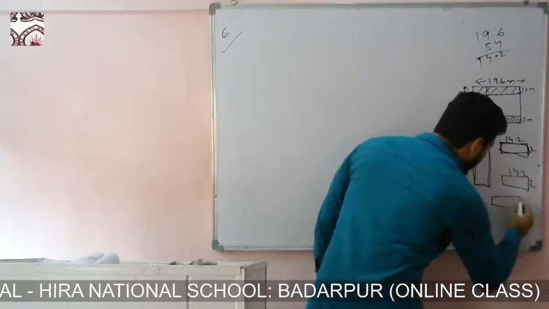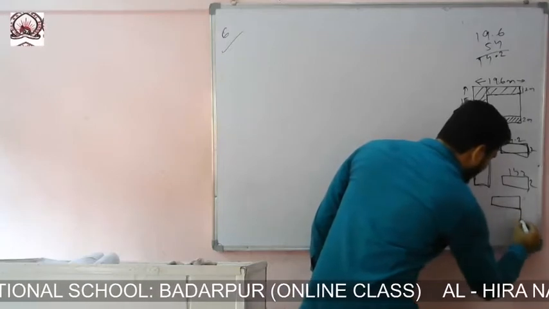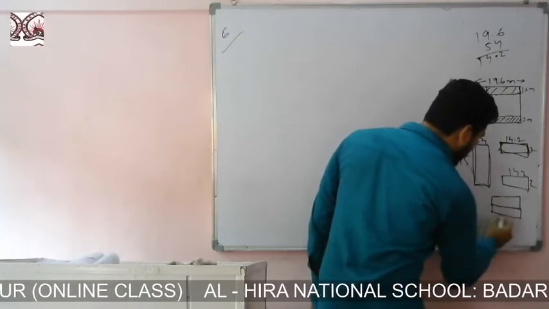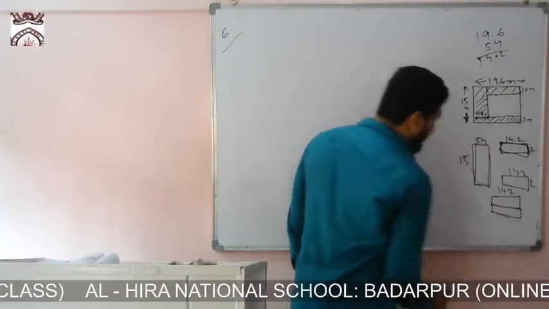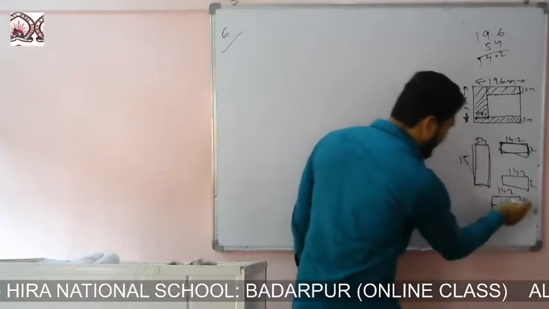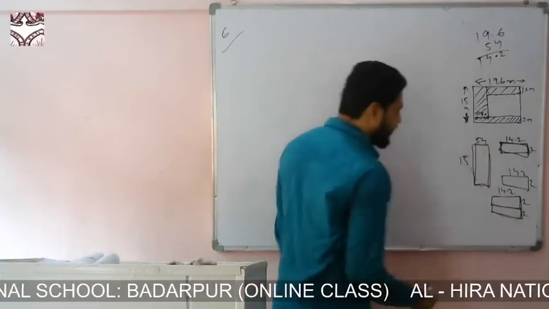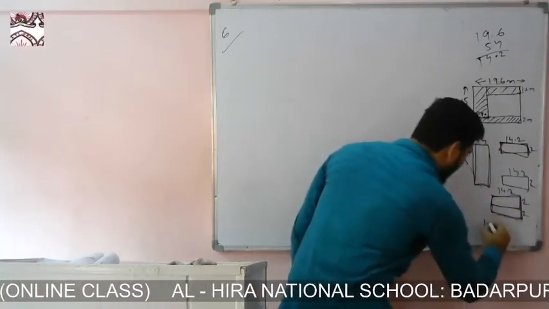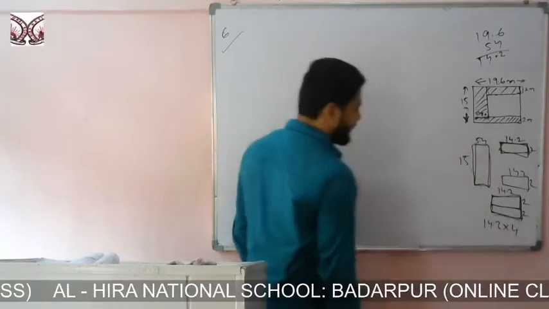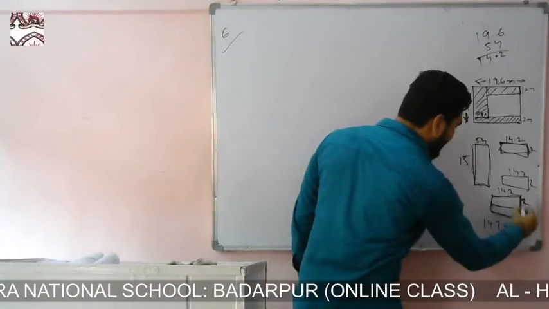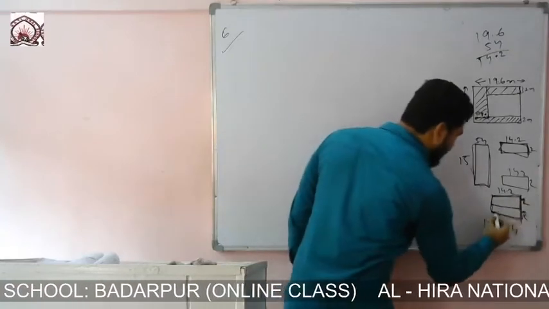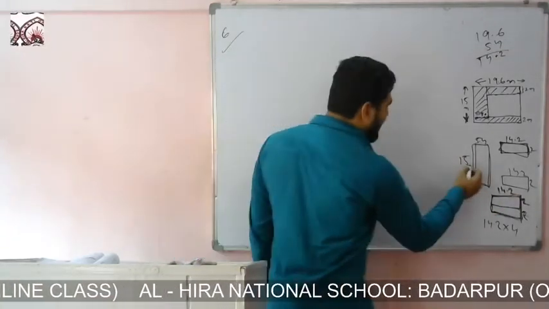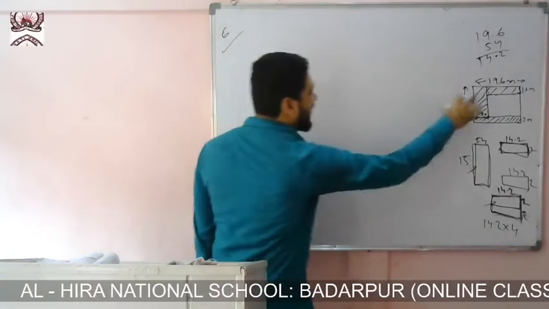If I add both the rectangles, then it will become like this. In both cases the length is the same, so it will remain 14.2, and breadth 2 and here also 2. So if I add, the breadth will become 4. So the dimensions of these two rectangles will be 14.2 into 4, and length in both cases is the same, so we took 14.2 as common. If I add this portion and this portion now, then I'll get the shaded portion.